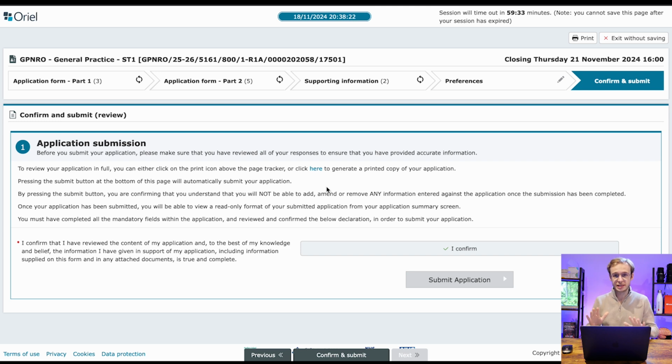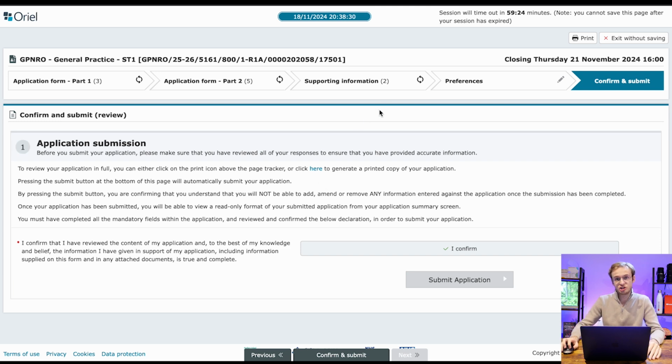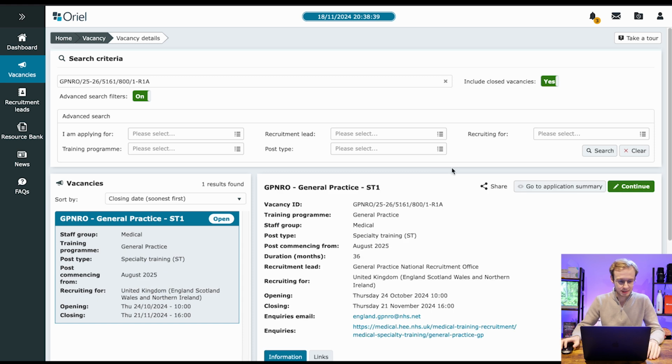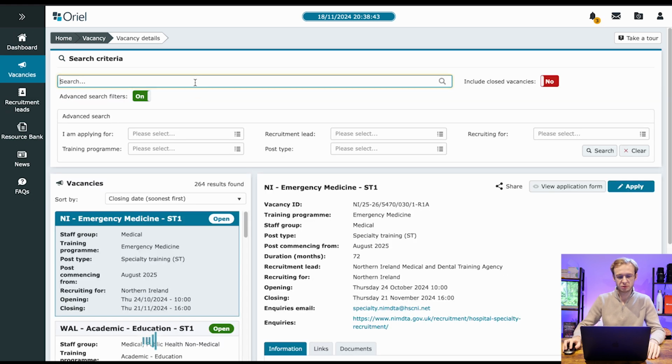That is one specialty. It's probably the simplest one because everything is done based on your MSRA score, which is an exam that you would sit in January, several months from now. It's currently mid-November as I'm recording this, so I'm going to exit without saving, but for GP, that is it. So now let's look for our second one. We'll look for